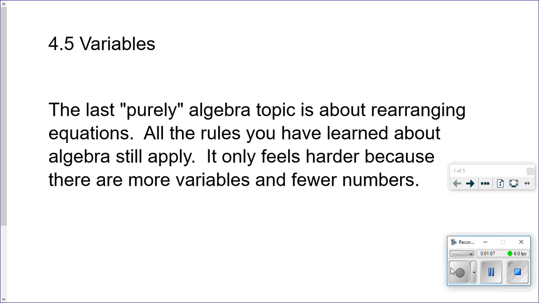Where we end up rearranging equations is in science an awful lot. If you're doing an experiment, repeated results, and you're trying to solve for a final result, oftentimes it's convenient to rearrange that equation so that you can just plug numbers into the new formula and solve for what you're looking for, rather than having to do the algebra every time over and over and over again. So without further ado,